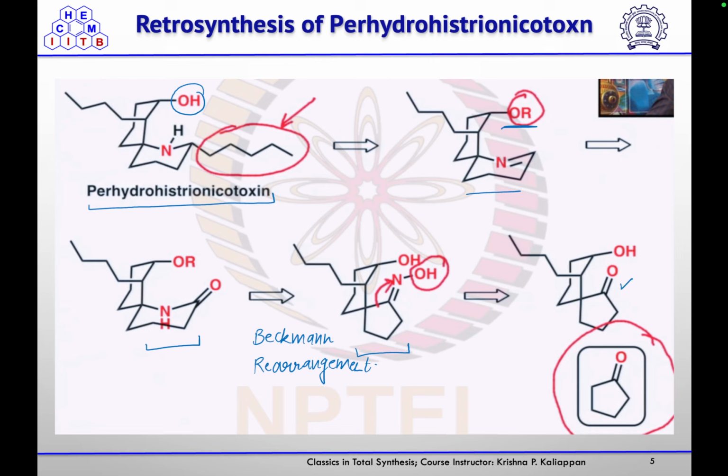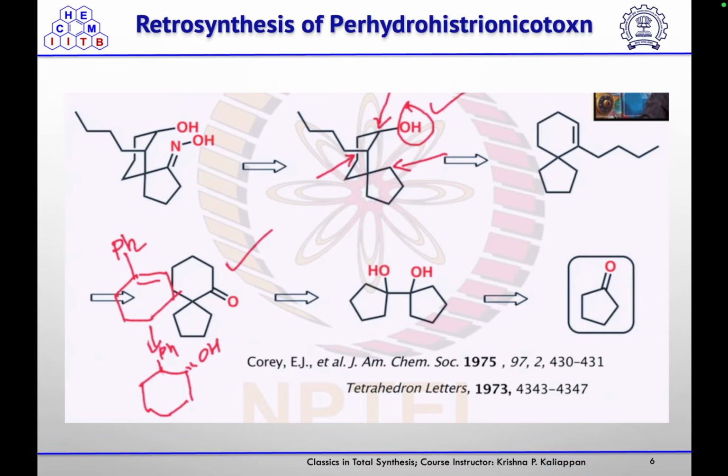And then the starting material that he used for the completion of this total synthesis is cyclopentanone. Now how can one get this molecule? One can get it from the corresponding cyclopentane, and this alcohol one can get from this olefin by doing hydroboration oxidation reaction, and we know that hydroboration oxidation reaction will give you the alcohol at the less substituted site.